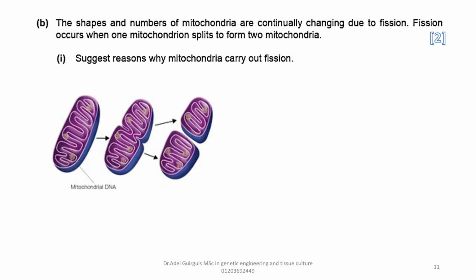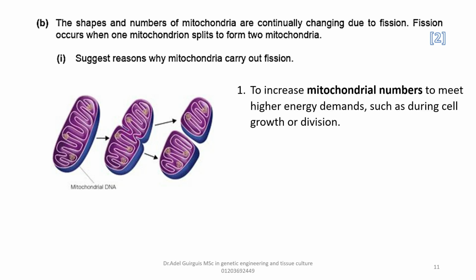As we know, the mitochondrial DNA and the mitochondria itself start to split into two parts, two mitochondria. This type of division behaves independently of nuclear division, of mitosis, for example. Look, please. Why do mitochondria carry out fission? To increase the number of mitochondria, to meet higher energy demands, as during cell growth or